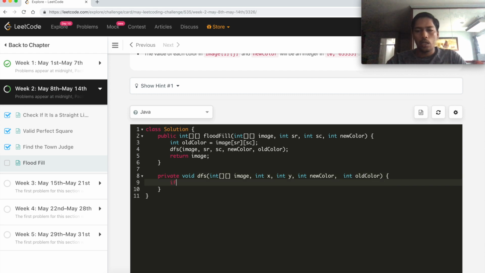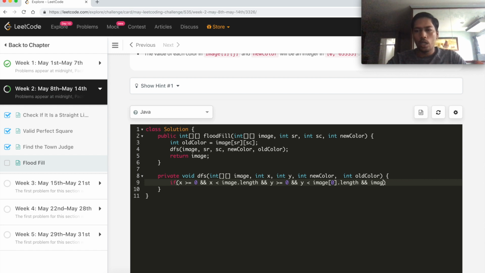We will check if X is within the constraints of the matrix: X greater than or equal to 0 and X less than the number of rows, image dot length. Same for Y: Y greater than or equal to 0 and Y less than image of 0 dot length, the number of columns.